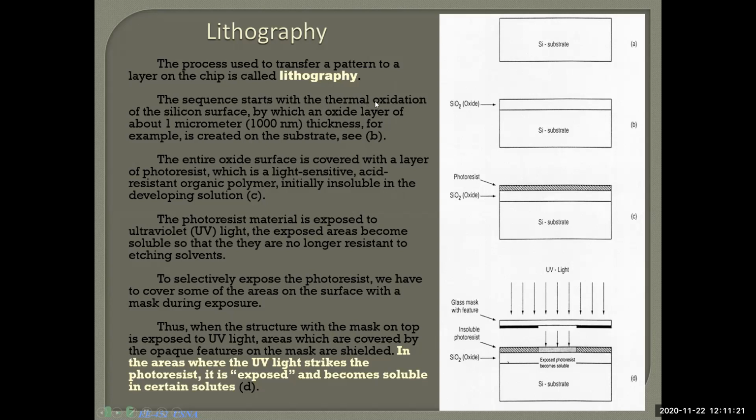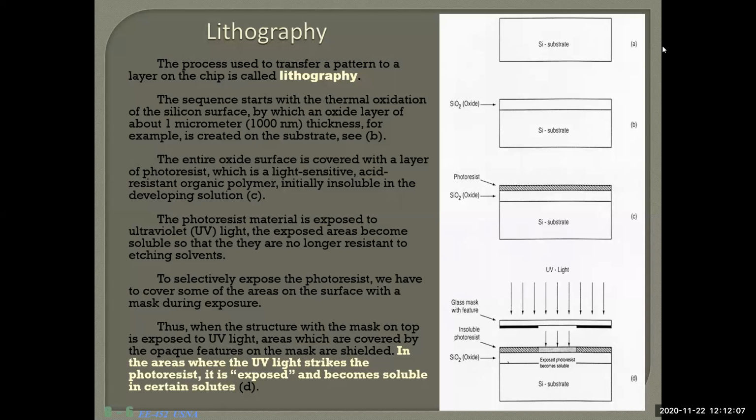The sequence starts with a thermal oxidation of the silicon surface, by which an oxide layer of about 1 micrometer, that is 1000 nanometer thickness, for example, is created on the substrate. Let me describe the picture. At first, you need to take one silicon substrate, a piece of silicon. Then on top of that, you need to apply